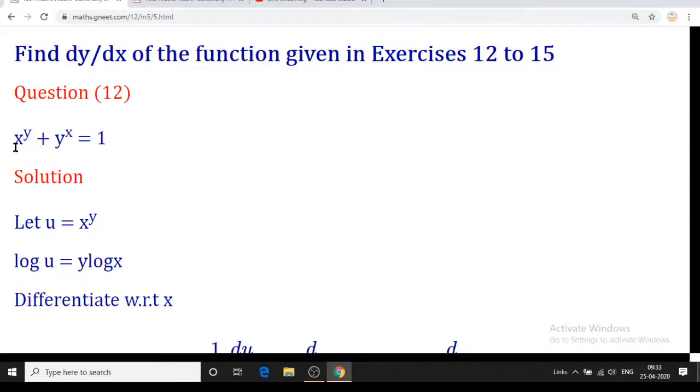This question is x raised to y plus y raised to x is 1. Again, variable raised to variable plus variable raised to another variable. So we have to go with the log, but for the log we cannot take the log directly. अब तक तो ये समझ में आया होगा कि डायरेक्ट हम लॉग ले ही नहीं सकते.